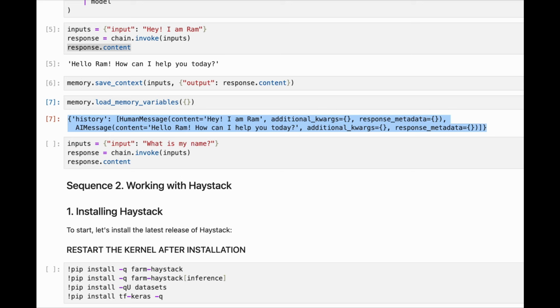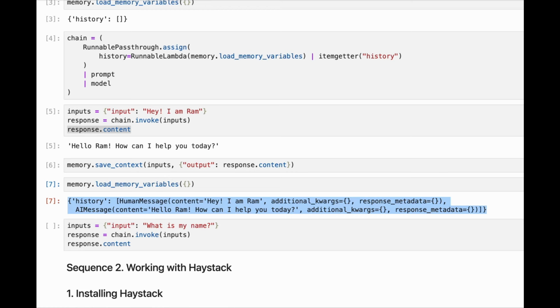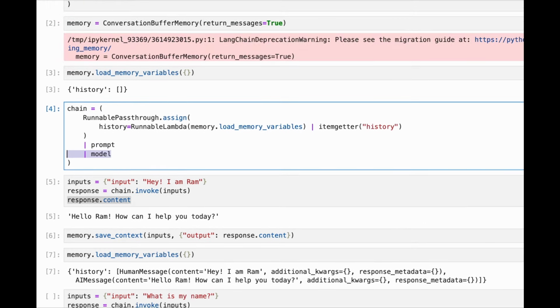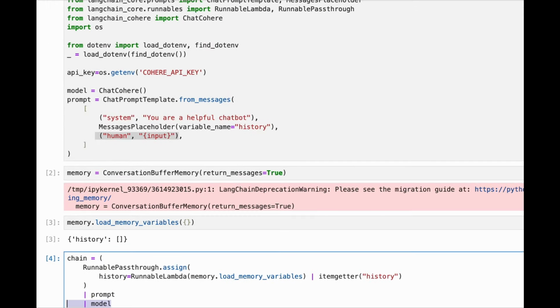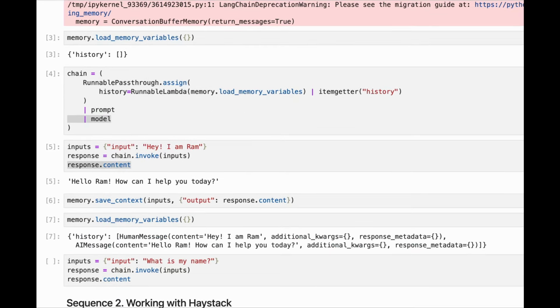Now this history will go, based on this chain, as part of my next request to the model, because I'm putting it here, that will go to the prompt and then the model. So prompt will include these messages here, chat placeholder, variable name history. So this history will be placed,